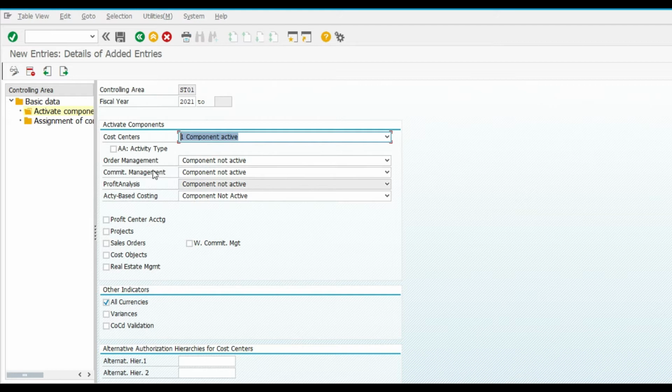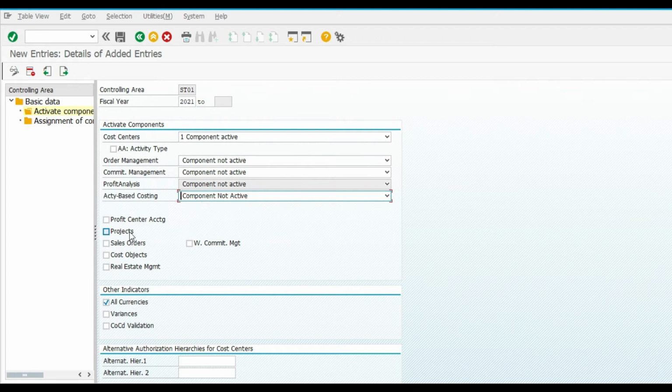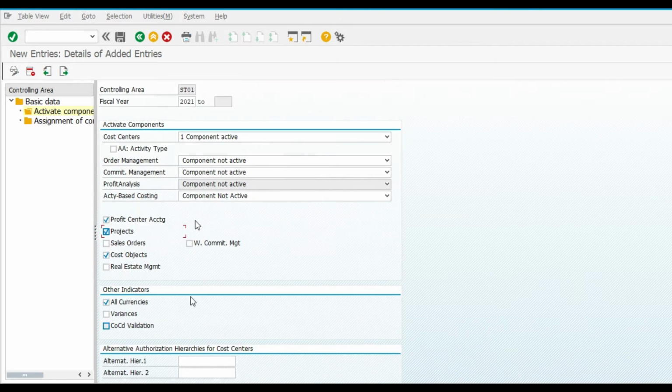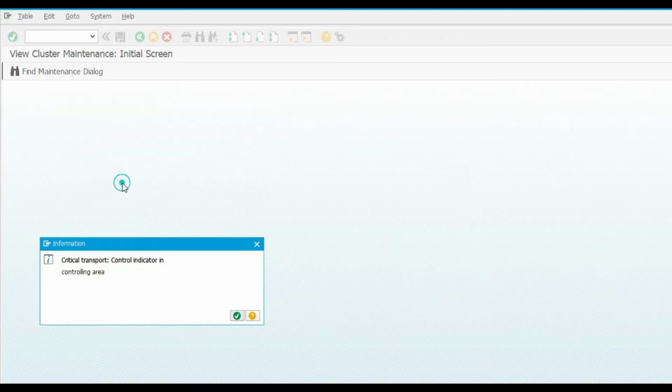This is for order management, this is commitment management, this is profit analysis, this is activity based accounting. But we are not going to activate them right now. We are just going to enable the cost object, profit center, project. Now assign to company code, it's already assigned. Now save, back.